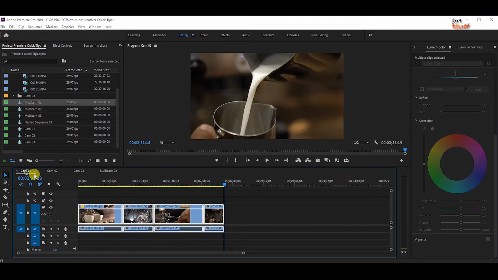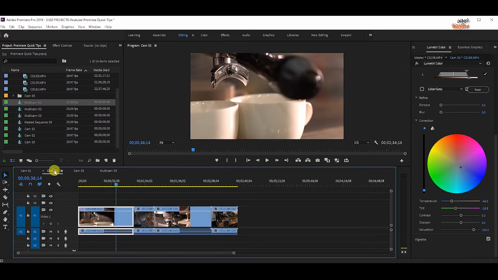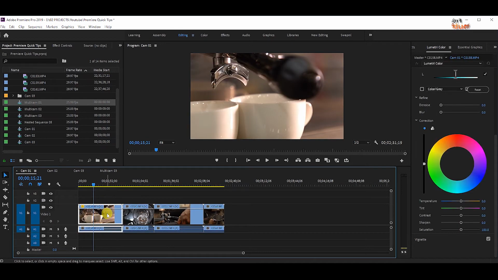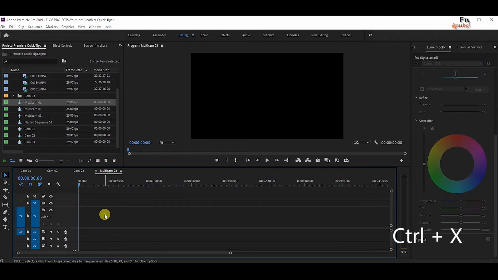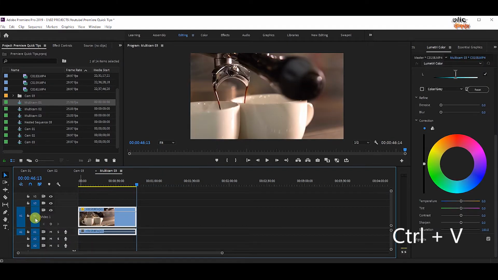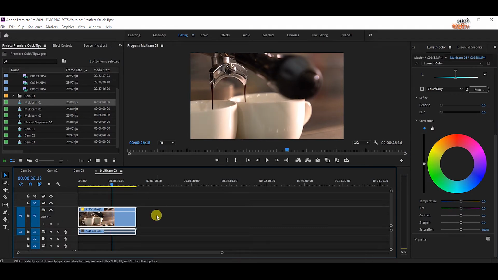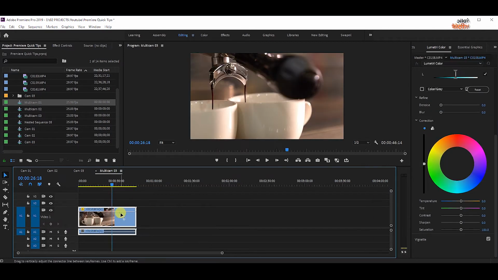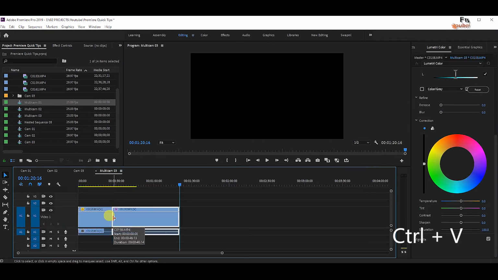Now I have already taken camera 1, camera 2 and camera 3 sequences so that we will add them into this multicam sequence. Now I will copy clip 1 from camera 1 and paste it on the multicam sequence. It is by default pasted on V1, or layer 1, of this multi-camera. Now I will take the first footage from camera 2 and try to paste it on the multi-camera.